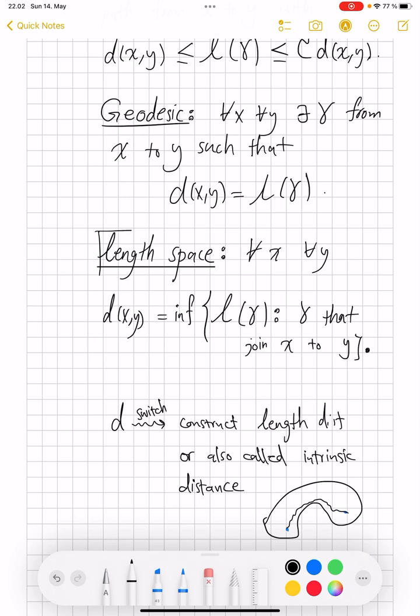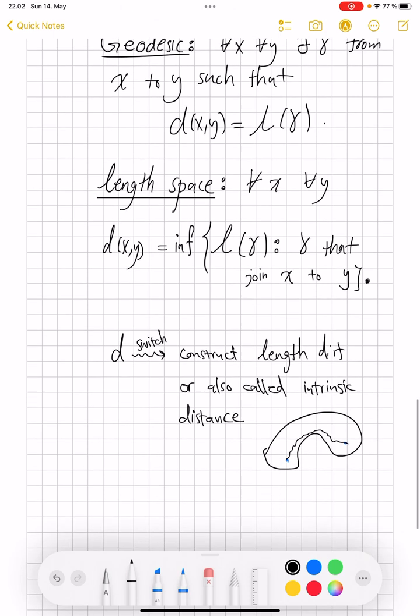And if you have, for example, properness and completeness of space, then often it actually upgrades to geodesic, because often you can make sure that this infimum is actually a minimum. This idea comes up a lot. So some properties,